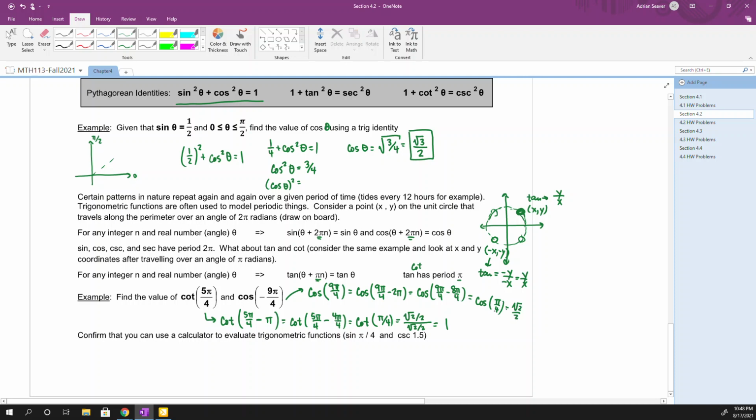Okay. So we're going to continue with this in the next section. We're going to talk about a different way of defining these trig functions. We're going to talk about some more special angles. The last thing I wanted to do